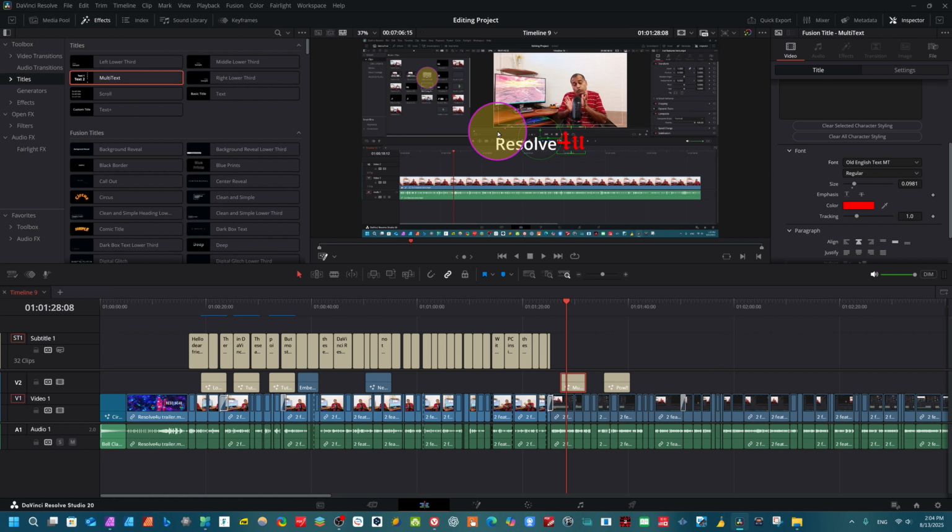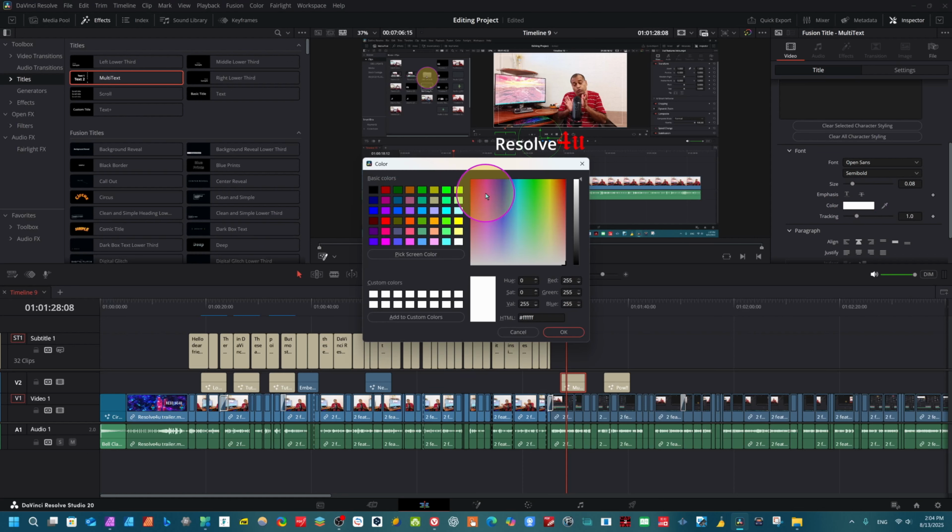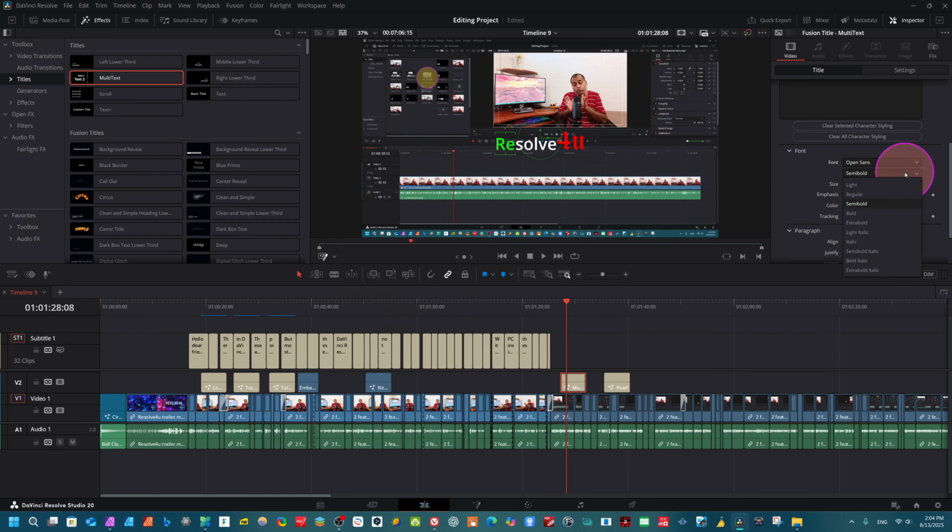In the same way, if you want to customize this part here, just click here on RE, and we want to change this color here. You see something like this. We can check this color. Okay, so you can see we have a unique color, and we want to change the font size. You see here extra bold italic, and you can choose any font from here.